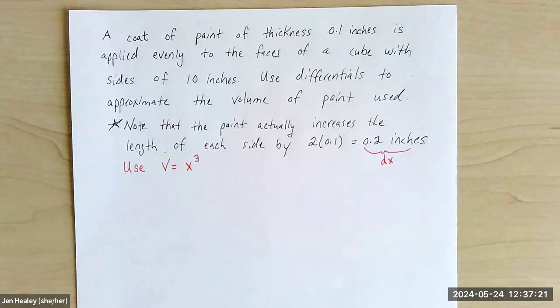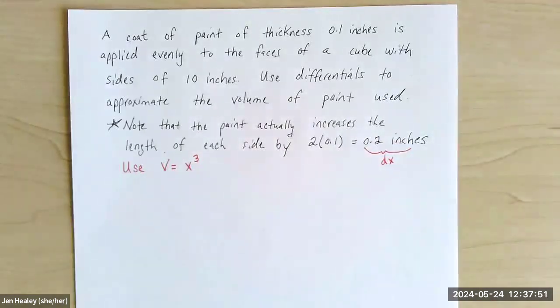And when we're talking about the increase in the side lengths on this cube, if you start with a cube, I'm trying to think of a good way to think about this. Let's pretend like this is one of the faces on the cube. Pretend it's square, not a rectangle. But if I put paint on this thing and it gets 0.1 thicker, then the opposite side, that's the back of it, is also 0.1 thicker. And so the whole length in that direction is actually going to increase by 0.2 instead of 0.1,